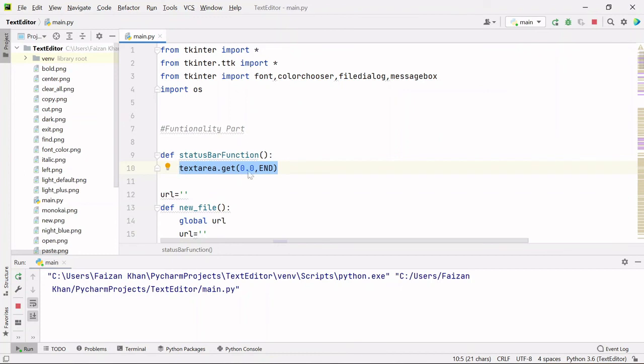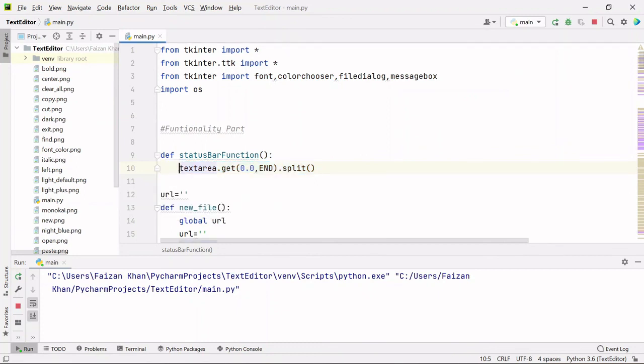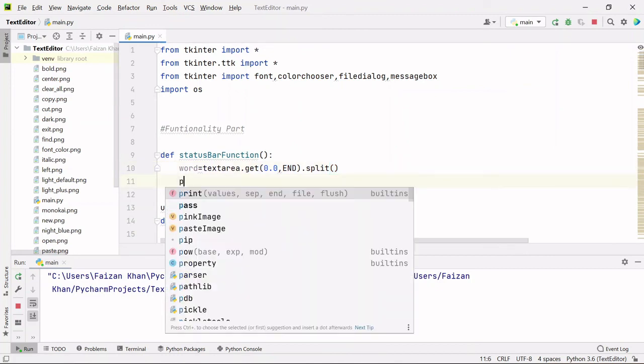Okay, what we are going to do is split that string. This split method will simply convert that string to a list, right? And we can store that list in some variable and print it just to see what is inside it. So if I write it as word, word is a variable and inside it we are simply storing the list that we are getting with the help of this split method. And if I print this variable,